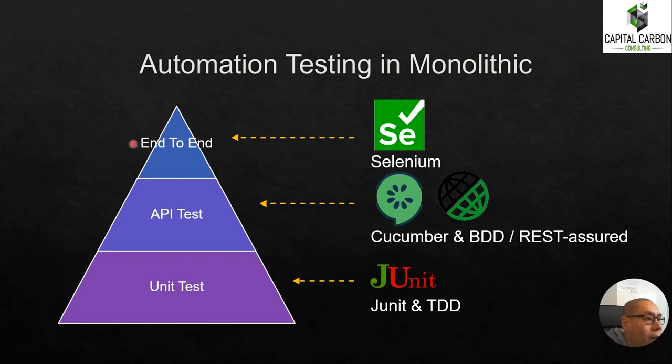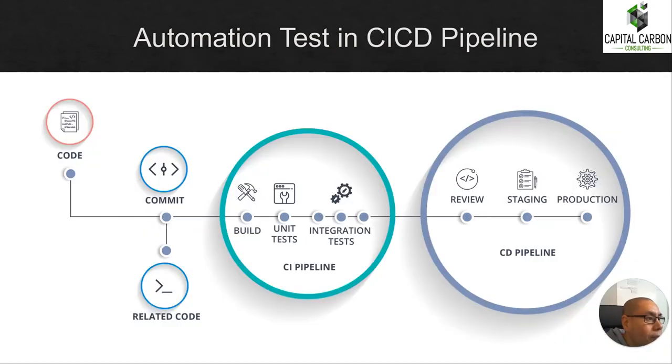And at the top of the pyramid is the end-to-end testing. And your tester develops this E2E testing as well. They will use Selenium. Selenium is a very good UI testing tool and framework. Okay, so basically in the traditional testing, we use this pyramid as our testing model. All the testing code will be implemented, right?